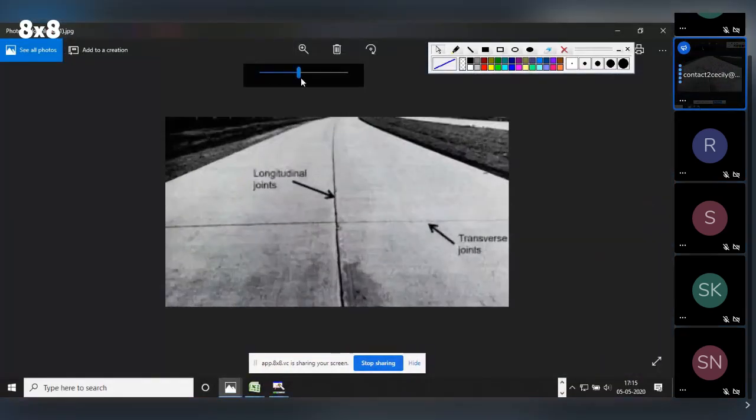Okay, students. Before starting the topic, I would like to show you some images, so that it could be a little bit clearer about the topic I'm going to teach. Suppose this comes under your rigid pavement again. The topic is the tie bar, design of tie bar in the rigid pavement. Right now, it is a reinforcement bar. It is a steel bar.